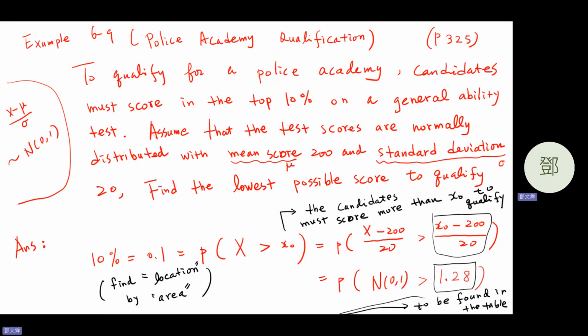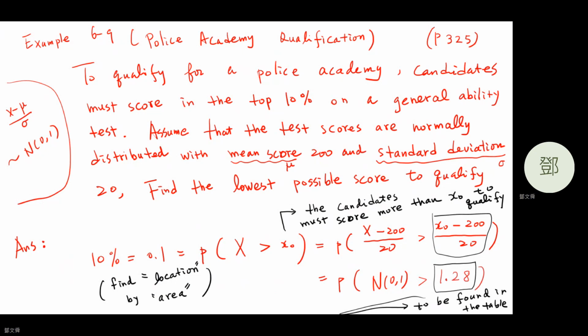You were asked to find the location, or the critical value, by the area you were given. And conversely,